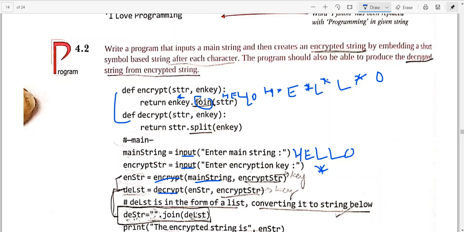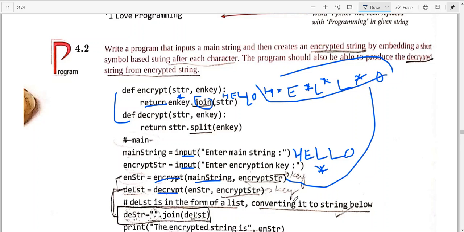Once you have encrypted, after encryption it will return, we are using a return statement here. Whatever is the result of encryption will be returned to where the call was made, so here it will return back. Then after encryption it will go to decryption. Again this function call is there, and it will take it to the decryption function, which will do its work.